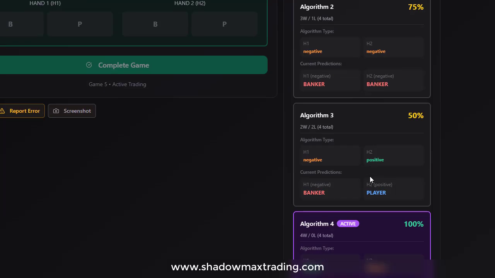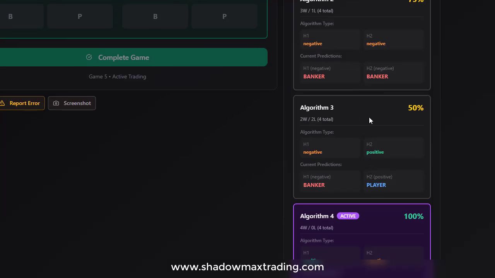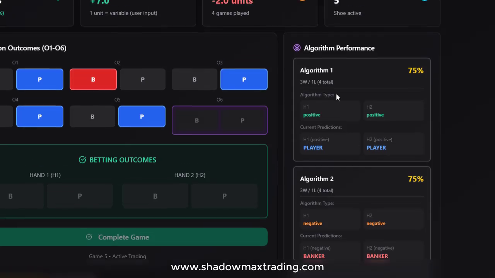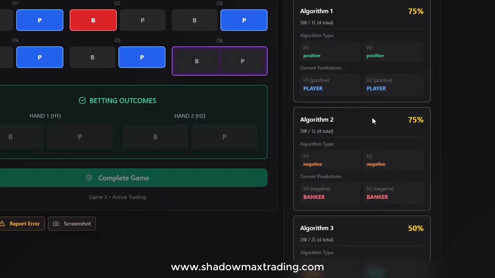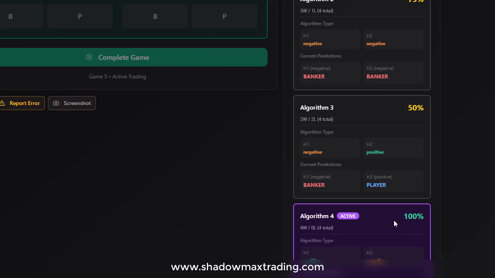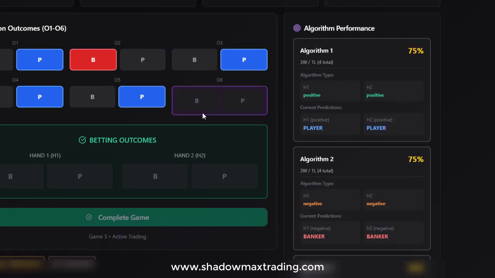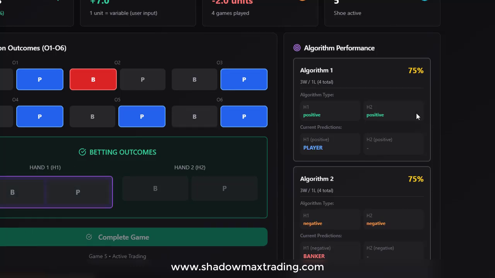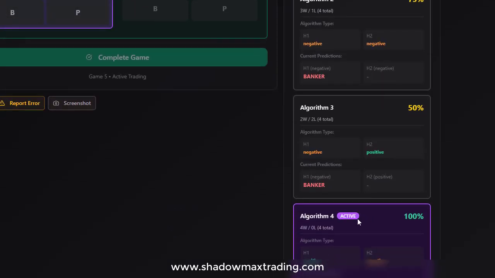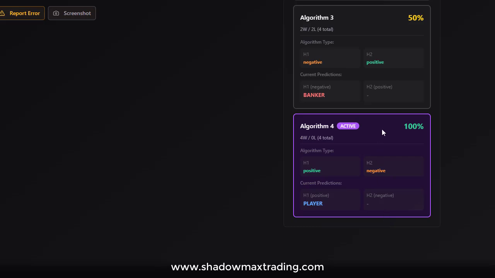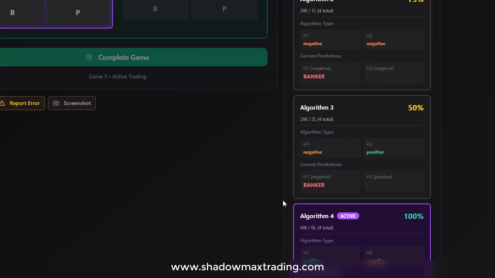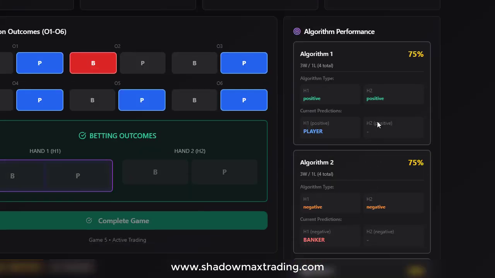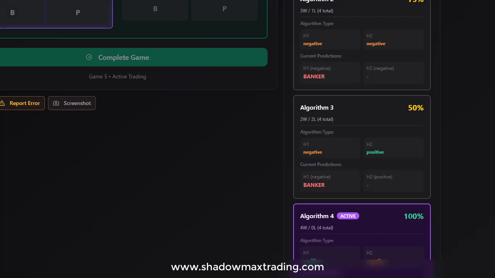So when you're playing against the lowest performing algo, if the lowest performing algo is 1, you're going to play 2. If the lowest is 4, you're going to play 3. Let's go ahead and simulate that real quick. Now, this may still show active. Anything above 90% is going to show active, so this is not built with ground up in it. So if none of this is above 90% and you're going to play ground up, or if you're just playing ground up, period, at that point what you do is find